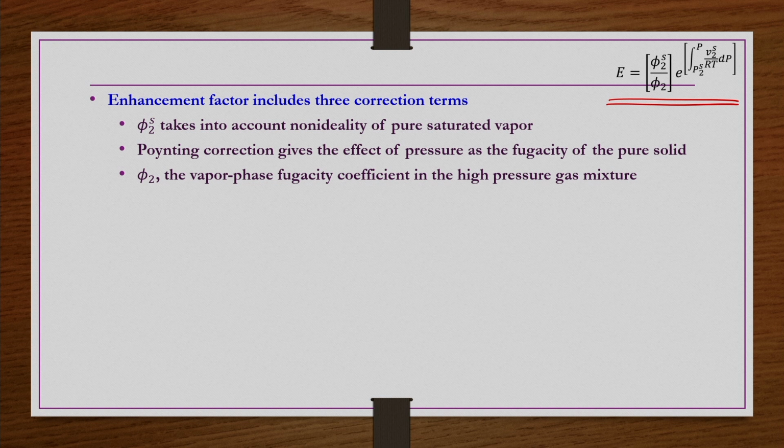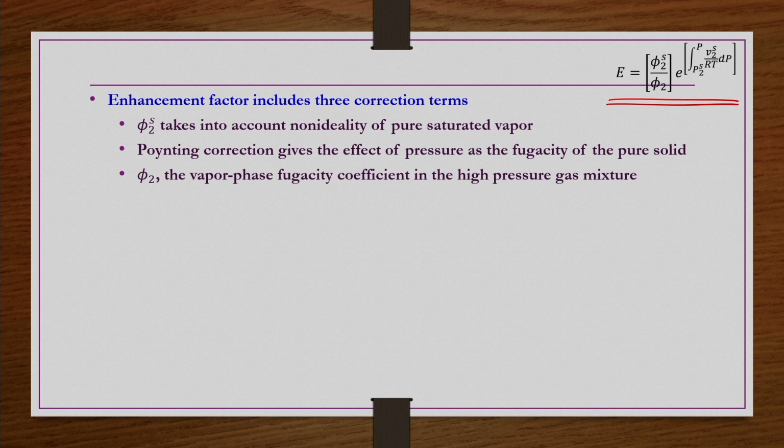And then we know phi2S is in general very small deviation, because for a pure substance in general the saturation pressures are very small compared to the critical condition. So then we can say that phi2S is almost close to 1 in general. And in the Poynting correction also we have seen that it depends on the delta P, and then the delta P is remote from the critical condition.